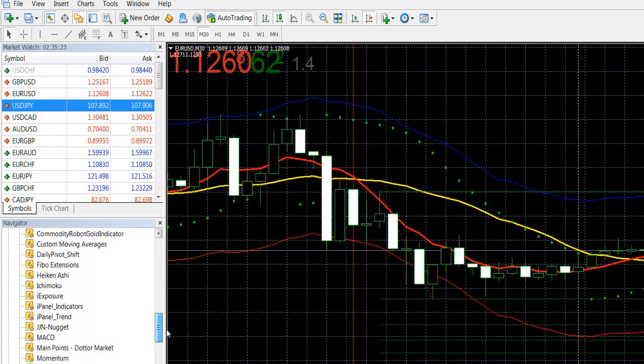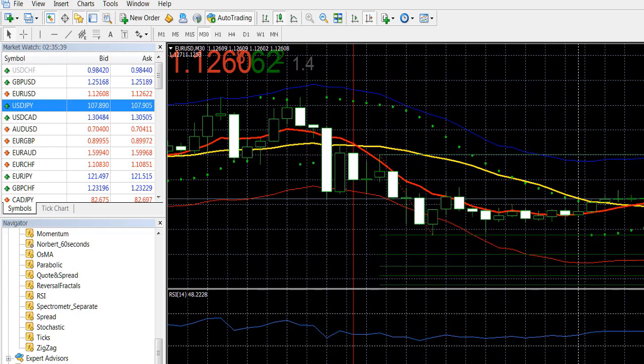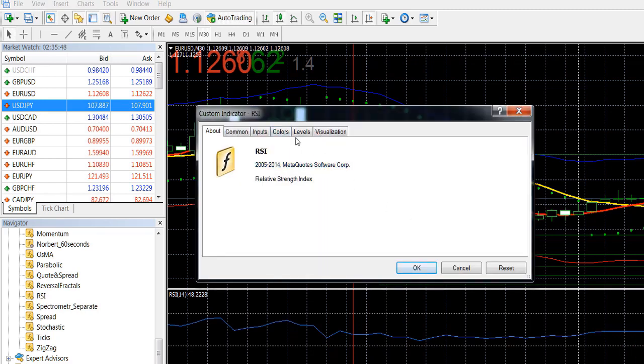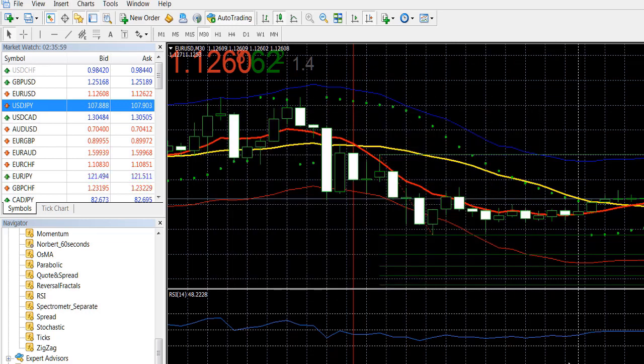I can't see any other indicator in here that you absolutely need, but I like RSI. You can put RSI on your chart, relative strength index, but this gives you a 30 line and a 70 line, and I like a 50 line, so I'm going to right mouse click and go to levels and click add. And I'm going to put a 50 in there. Click OK, and now you have an RSI kind of like what I have in my Green